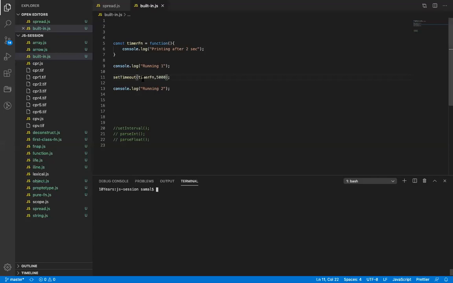Just like an inline function, I don't have to pass a variable-assigned function expression. I can directly pass a function expression here.